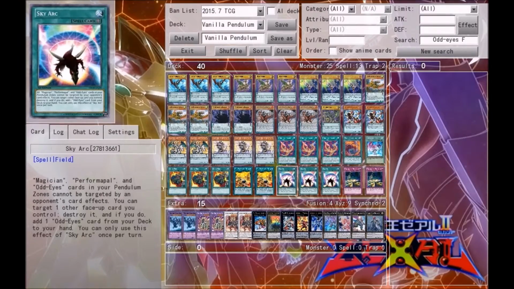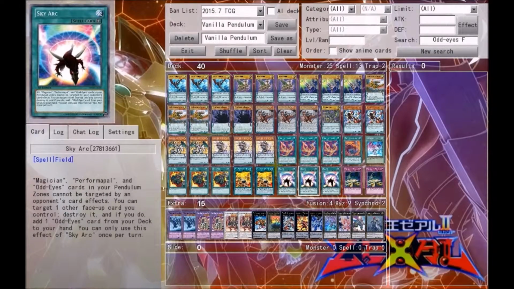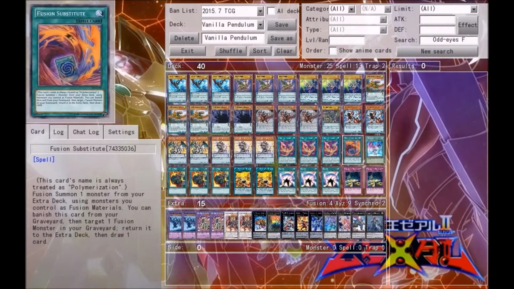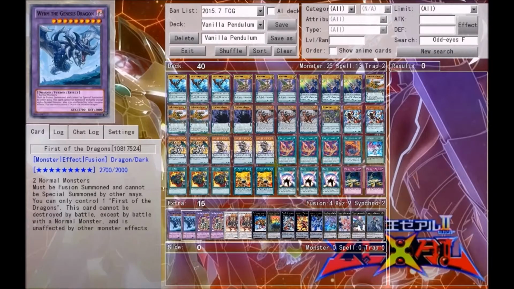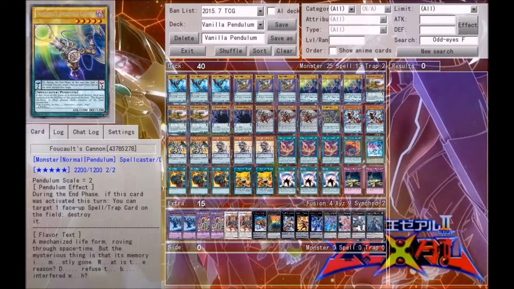Right now we're also running a mini Odd Eyes engine, I guess, with the Sky Arc, the Odd Eyes Fusion, and the regular Odd Eyes Pendulum Dragon, because I like the Odd Eyes engine. Simply because it gives us Vortex Dragon as well as the first of the dragons, which the deck is entirely based around. So without further ado, let's go into the deck profile, and I will explain my choices as we